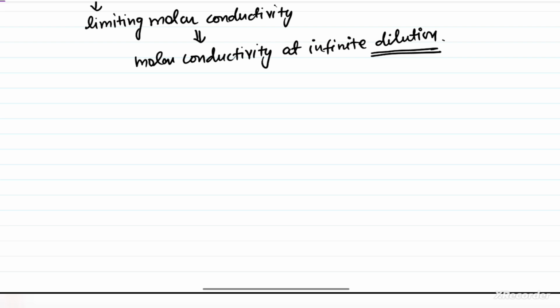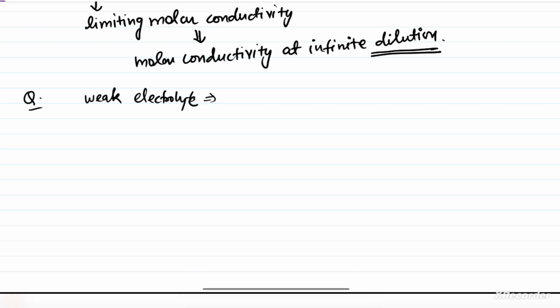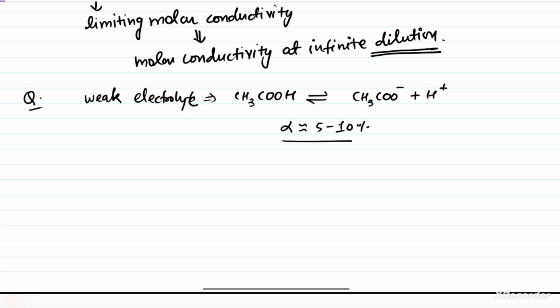Again, let me take an example of calculation of lambda m, like how we can calculate molar conductivity of a weak electrolyte at infinite dilution. If I take any weak electrolyte like CH3COOH, when CH3COOH dissociates, it forms CH3COO minus plus H plus, but there is an equilibrium. We all know that alpha for a weak acid is generally 5 to 10%, that means it dissociates only